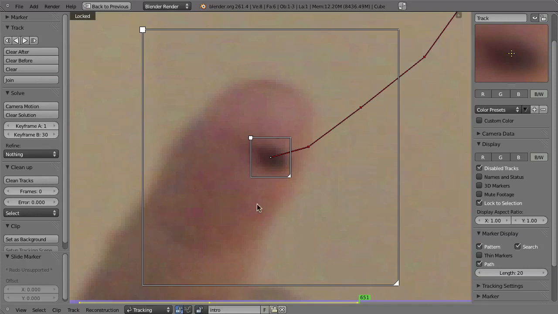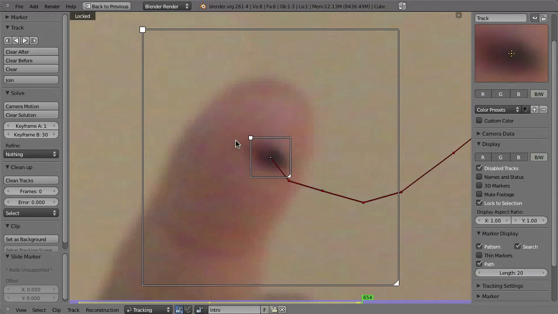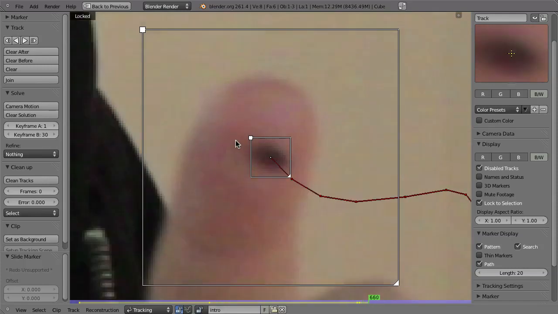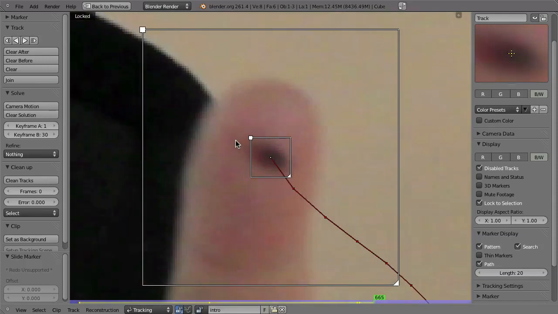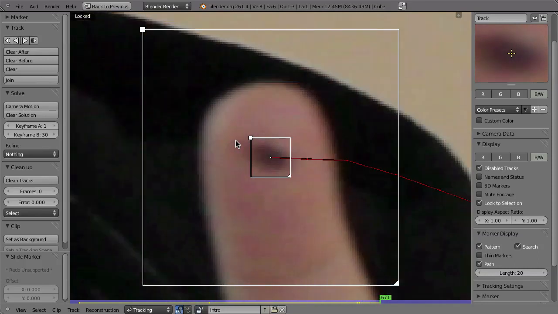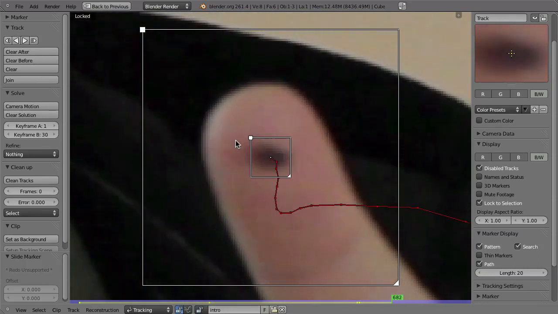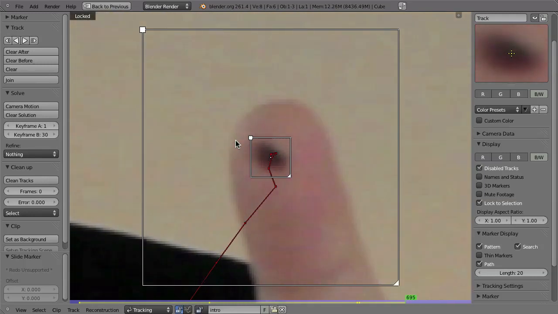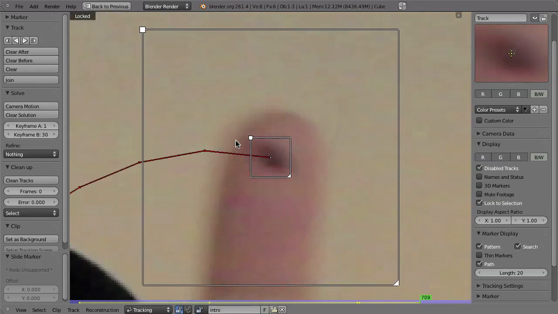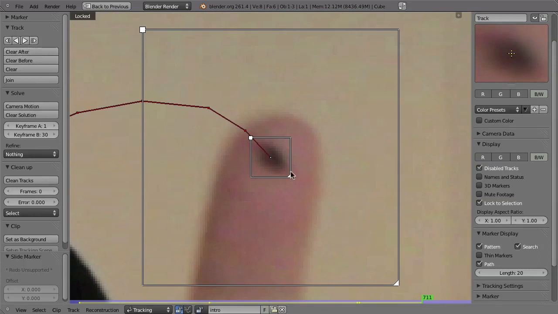Now, I could press Command T again, but if I want to go frame by frame, of course I can also just use this button here, or use Alt and right arrow. That is of course easier than pressing a button. So Alt right arrow allows you to go forward frame by frame, especially when you have blurry and rather fast footage as this one. At least for this one point, this can be better and safer than doing automatic tracking. And of course it is much easier than always pressing this button here.